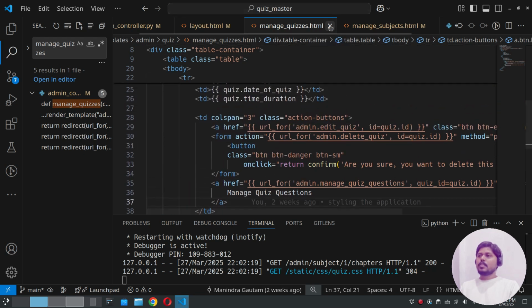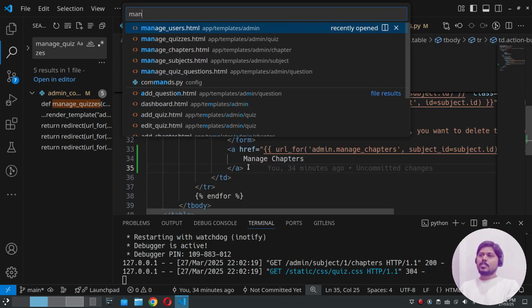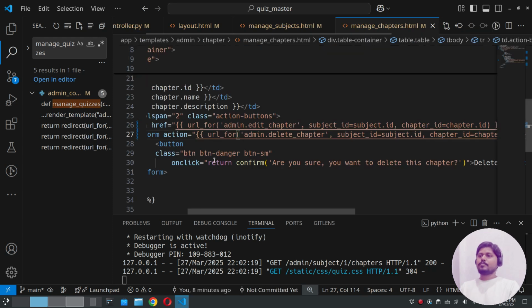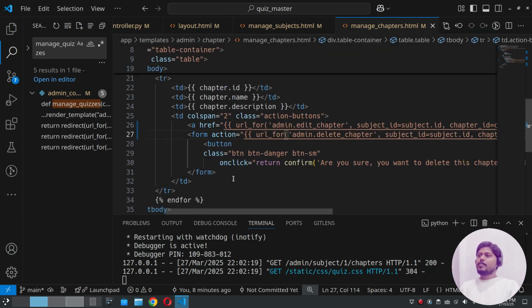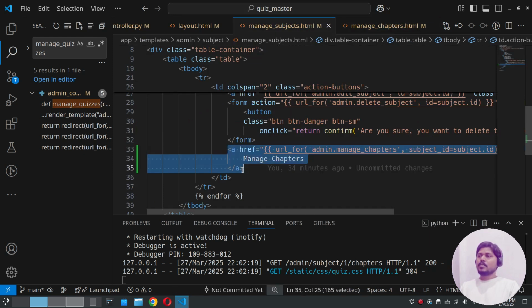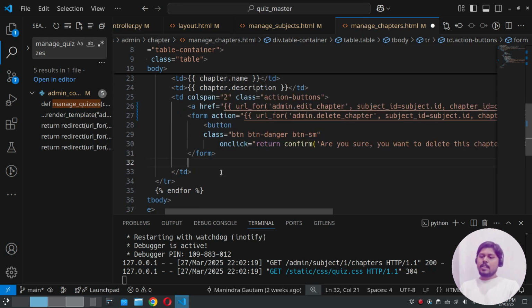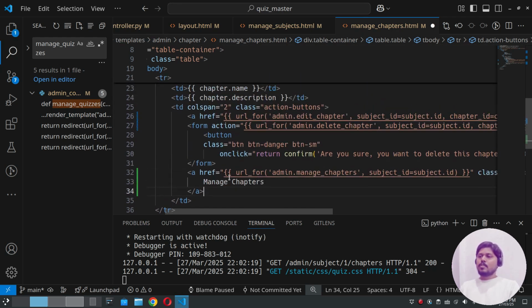Oh sorry, the manage chapters, because we have to manage the quizzes from the manage chapters, right? So inside the manage chapters, copy the button from the manage subjects, go to the manage chapters template, and add it at the last for managing